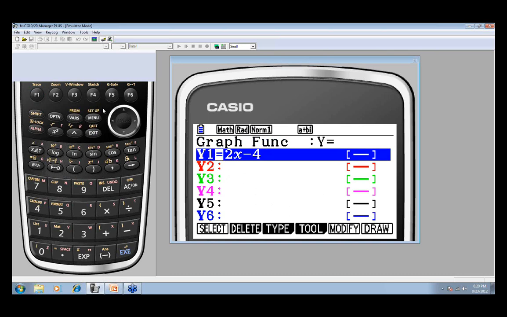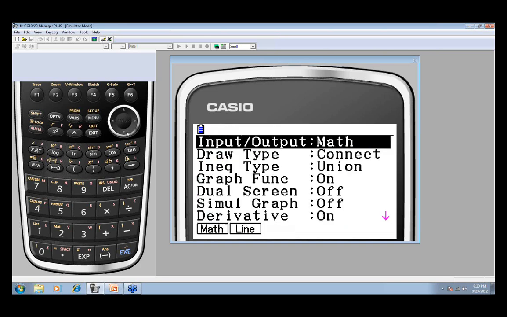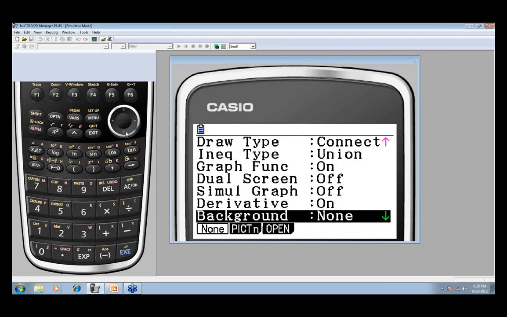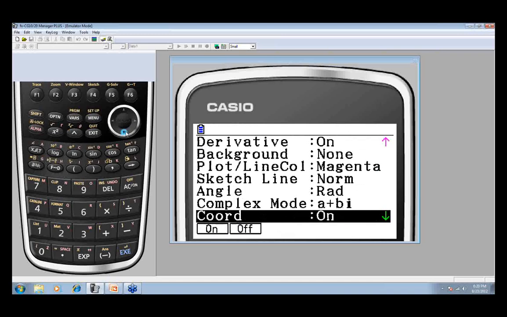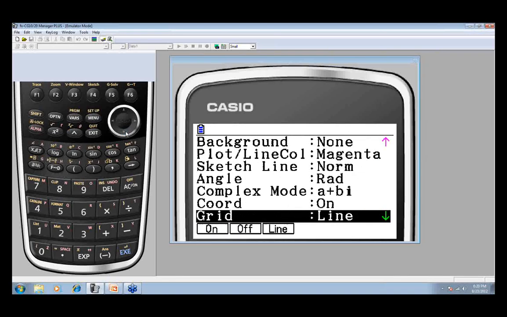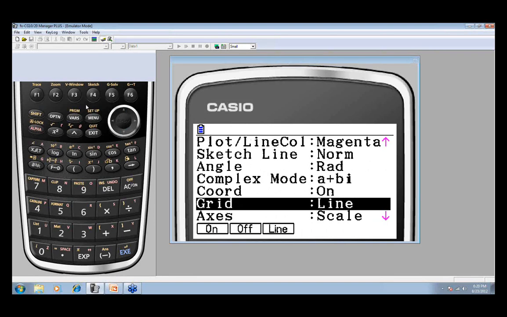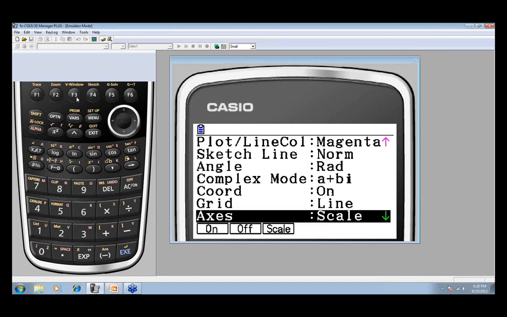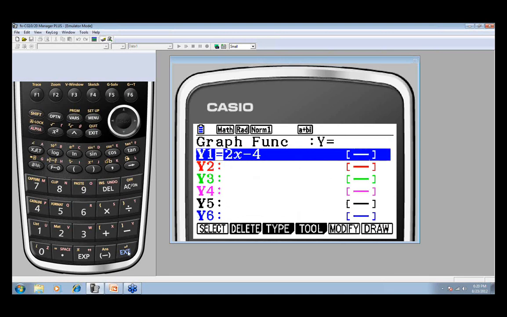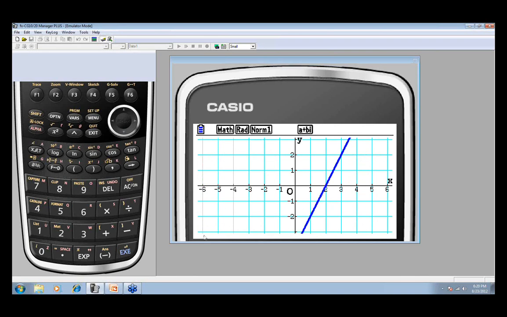And one more thing I want you to do, if you've just gotten a Prism or are learning how to use it, we're going to go to Shift and to Setup so that we can look at the different options that are available for our graph grid. One of the things I want us to make sure tonight is that where it says Grid, you've got your line on tonight, and under Axes you've got your scale factor on, so that when we produce a graph, which we're going to do by clicking the blue Execute button twice, you not only have a nice graph, but you've got your grid lines and you see the scale on it.